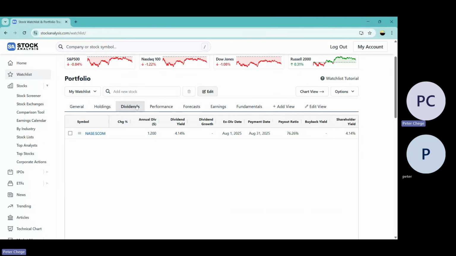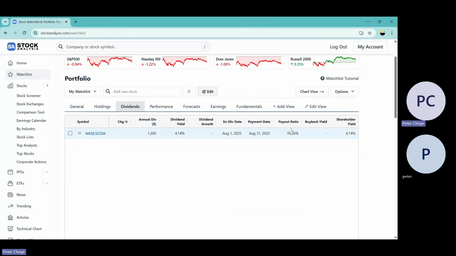And you can also track dividends on the shares you own. Here you're not tracking the whole market. You are tracking the stocks you have added to the watch list. You can see when they are announcing a dividend and when the ex-dividend date is, so you need to have shares one day before. It's called book closure. You can see even the dividend growth, dividend yield, and other details related to dividend. And it also tells you your shareholding yield